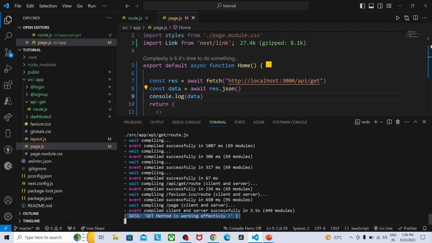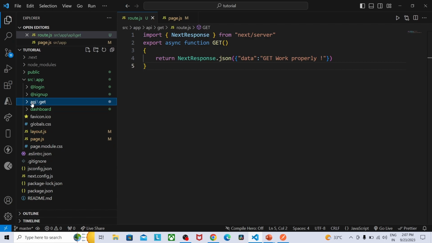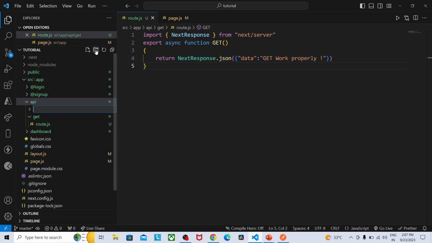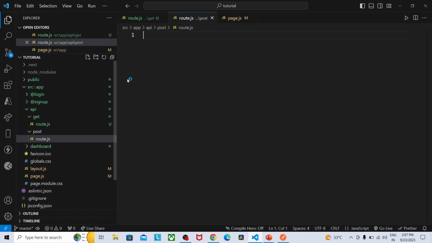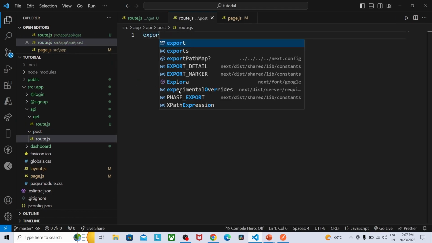So here you can see the values. Next I'm going to create a post method. So create a folder called post. For this post I'm going to create a route.js file. Create a function export